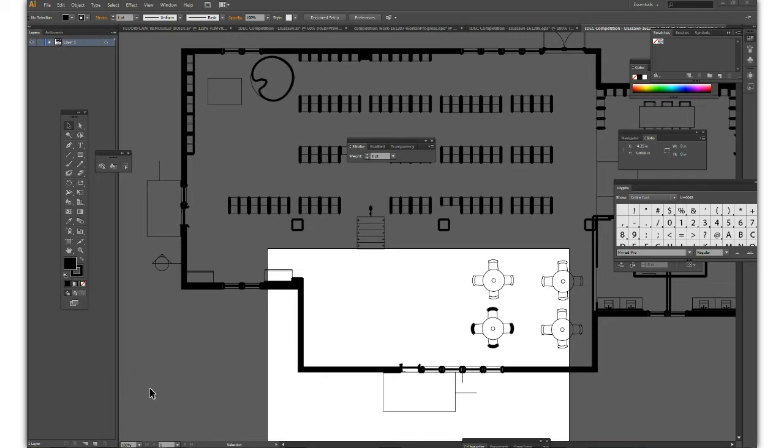This is project 5, part 2. We have open in Illustrator the output, the EPS output from the SketchUp model. If we look at the SketchUp model,